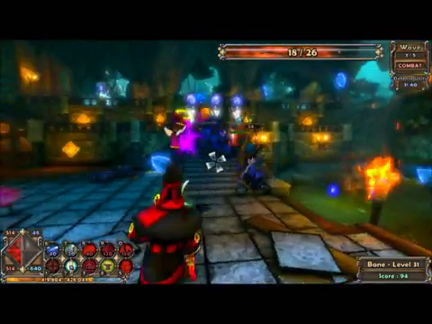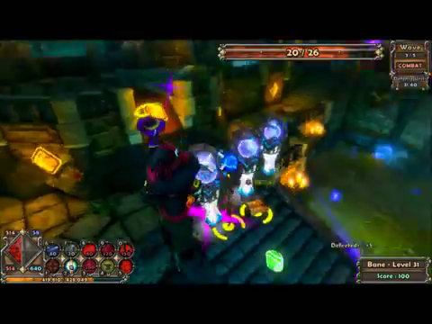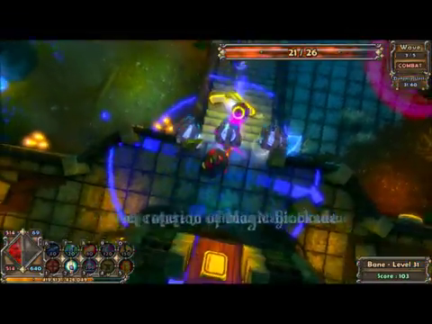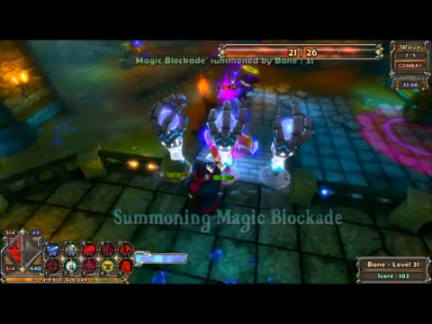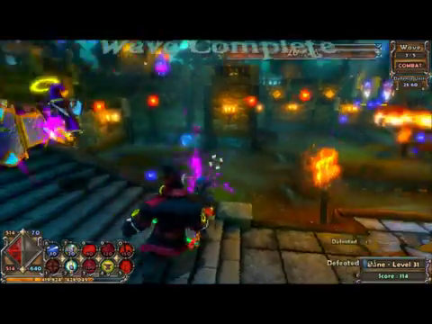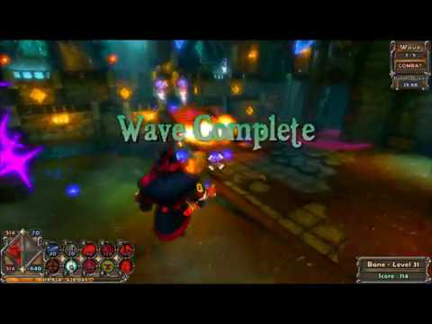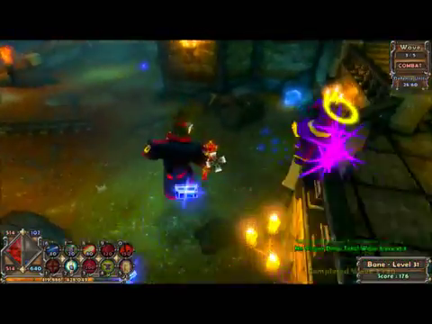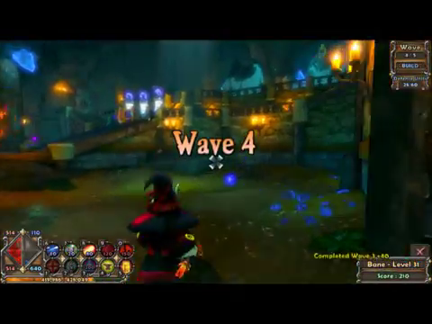So yeah, later on you can make things like this. It's a barricade. And when enemies attack it, or touch it, basically all the resistances, for example, if they have a fire resistance or electricity resistance or something like that, it'll